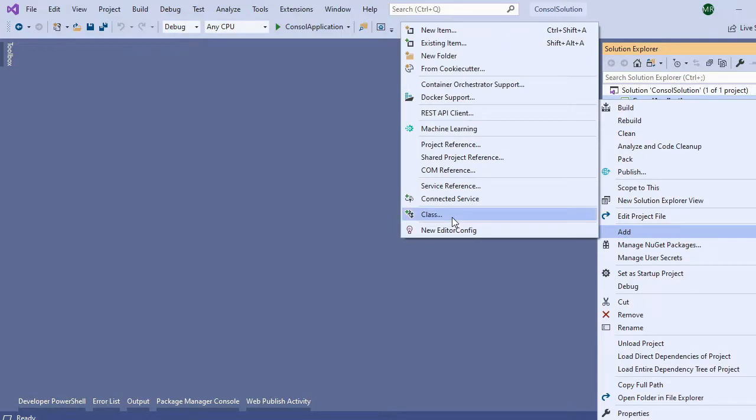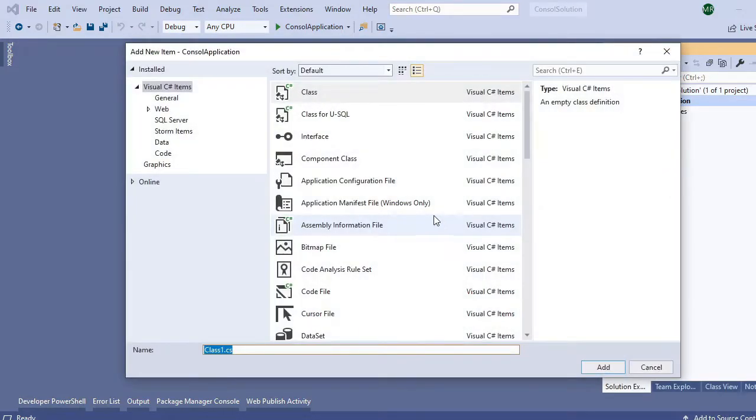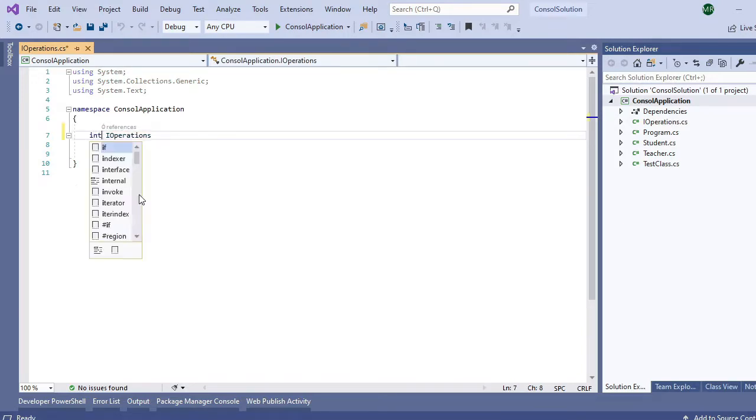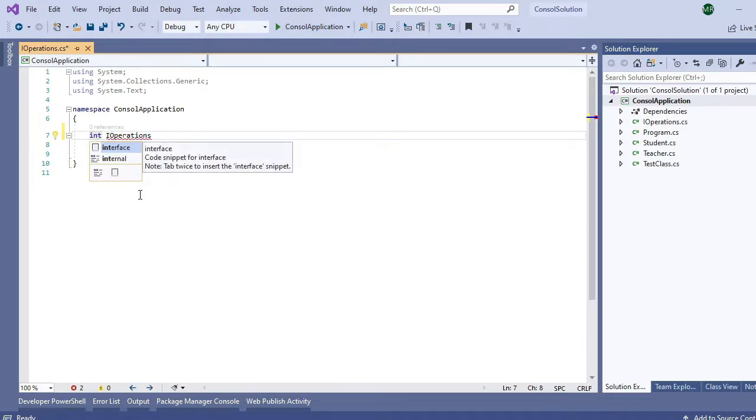I can just create a class, and from this menu I can choose interface. Or if you forget to choose interface, keep it as it is and you can change it from inside the class. I will now name this interface I operations, and I will say add. This is a class and I need to change it to be an interface. I will simply change the class keyword into interface. So this interface,